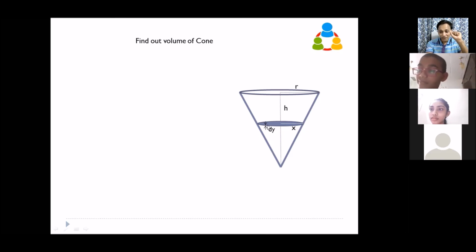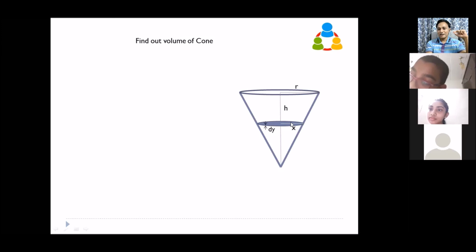If this is very, very thin. See, the same technique which we used in the case of the circle. We can't take 1 centimeter thickness because 1 centimeter is too big. On the top, the area is more and the bottom area is less. But we take a very, very small thickness, extremely thin, so that we can consider it if x is